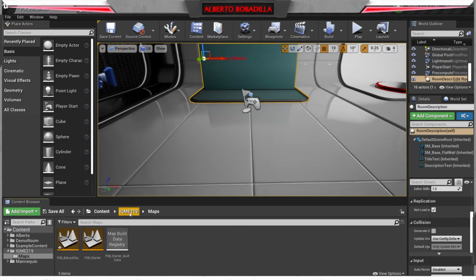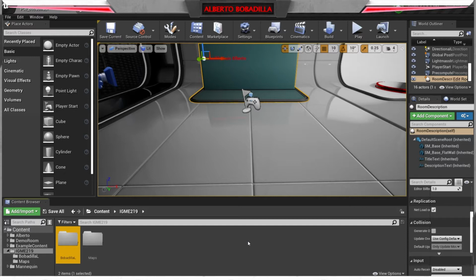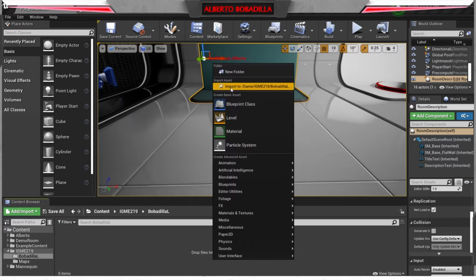So I'm going to go back down to IGME219, and now what I want you to do is right click and make a new folder. This folder is going to have your name, so consider this step 2. Bobadilla L. So again, that is my last name and then my first initial. And then in here, I'm going to be making 3 folders, right? So I'm going to make